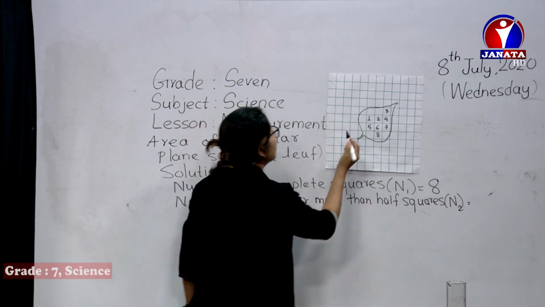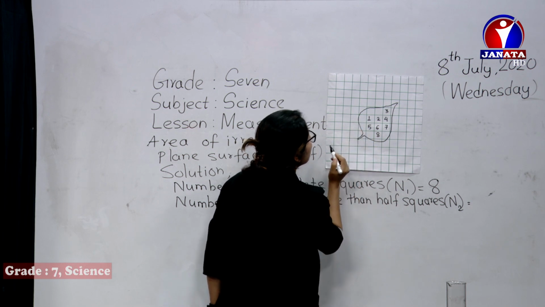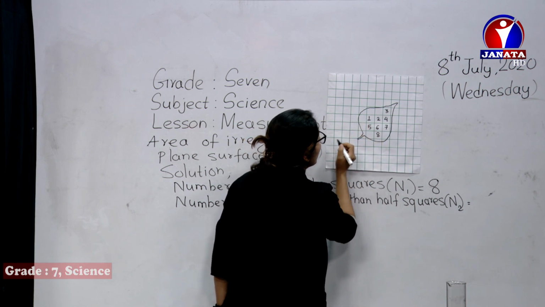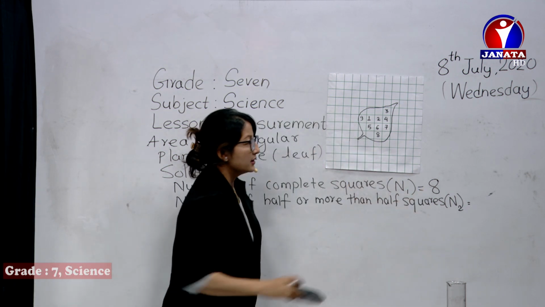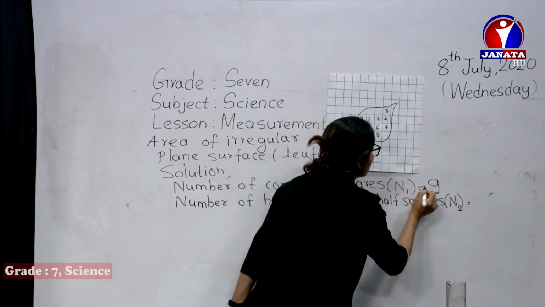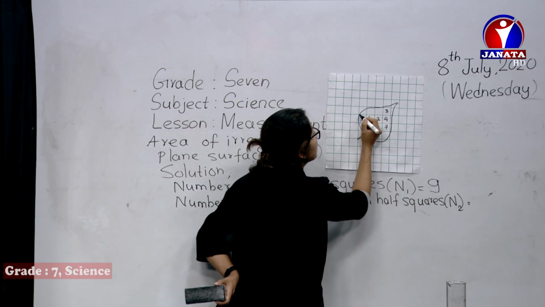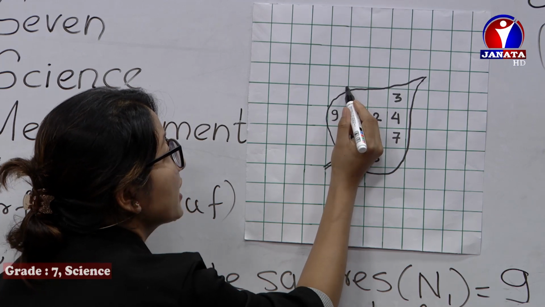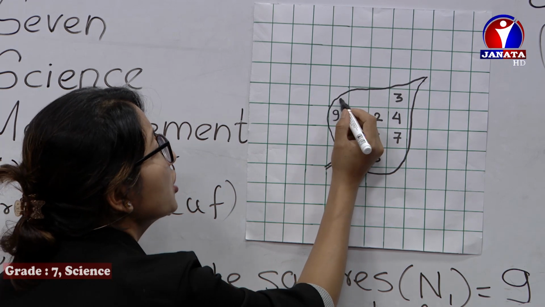Let's count. Like this also, we can check over here. It's slightly not covered, but I think we can easily count this as a full one. So let's make this one 9, and I shall write this one also as 9, as it's simply touching the border. Okay, now half and more than half. If you take this and this point, this would come completely as half, but it seems like it's less than half, so we ignore it.